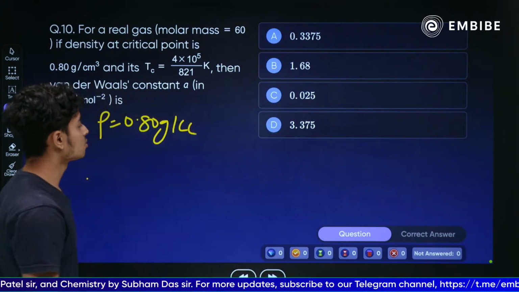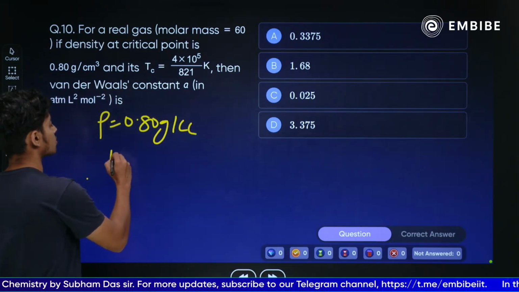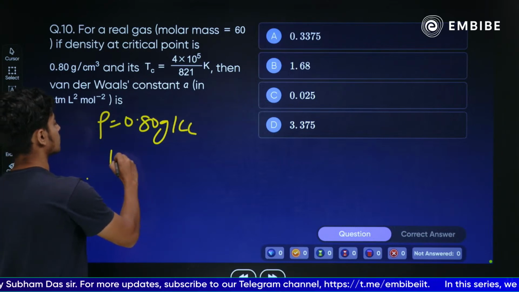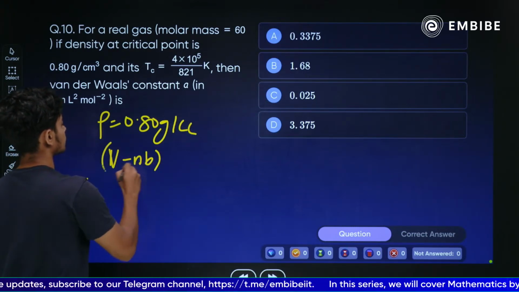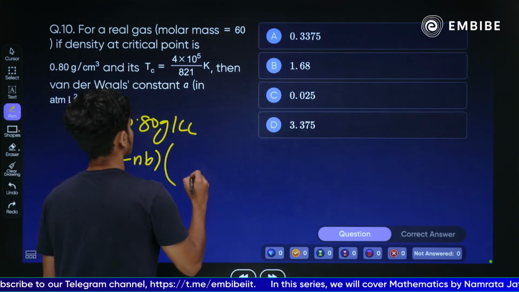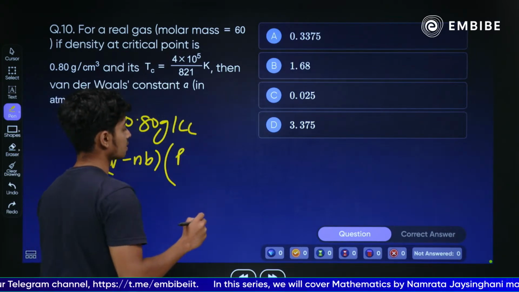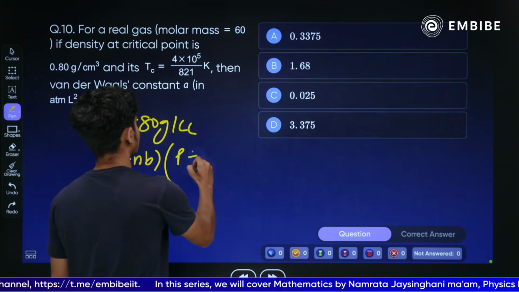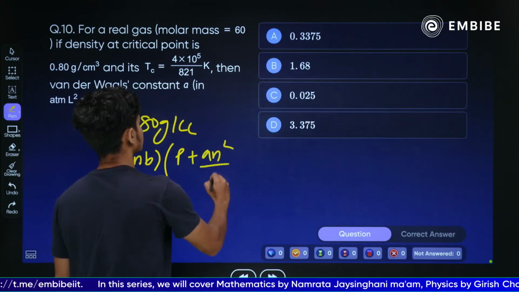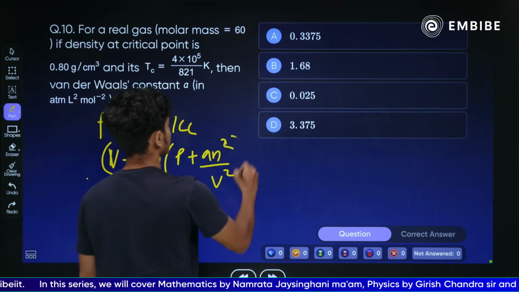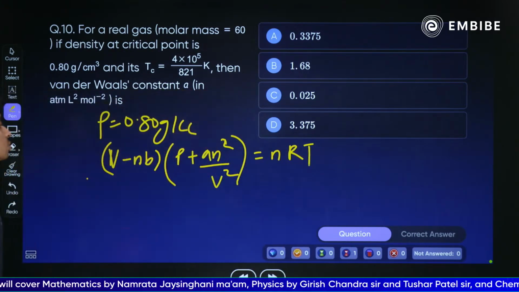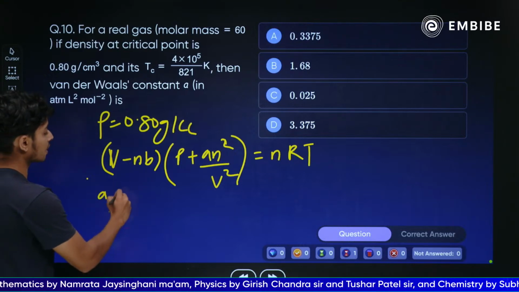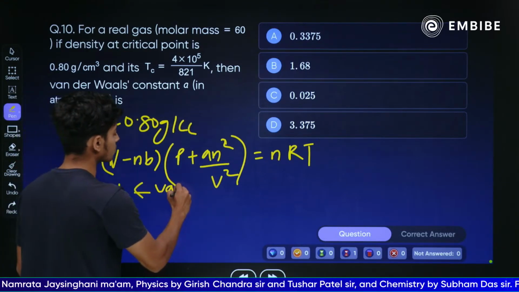बी का वैल्यू क्या होता है, बी को हम लोग मोलर वॉल्यूम बोलते हैं। वैंडरवाल्स कांस्टेंट में फॉर्मूला क्या होता है आपका, (V minus nb) into (P plus an² by V²) equal to nRT। ये आपका वैंडरवाल्स फॉर्मूला होता है। तो इसमें ए और बी आपके वैंडरवाल्स कांस्टेंट्स हो गए।